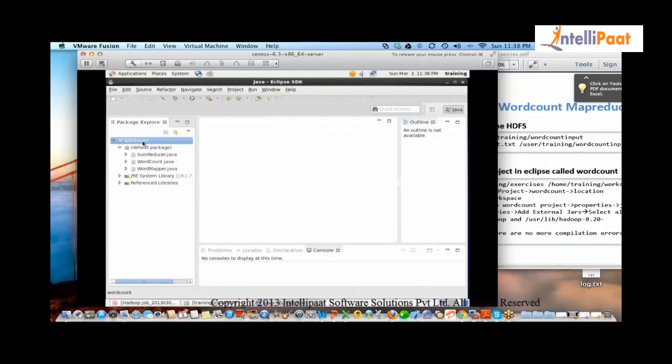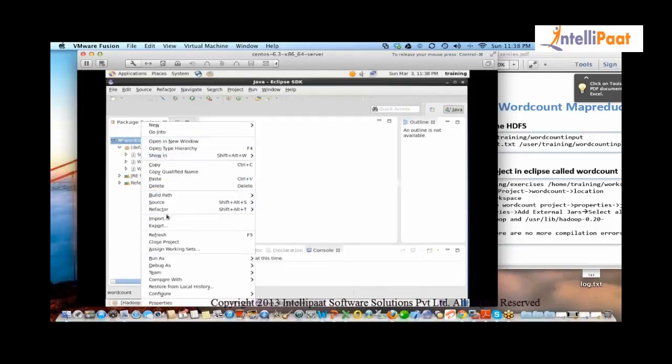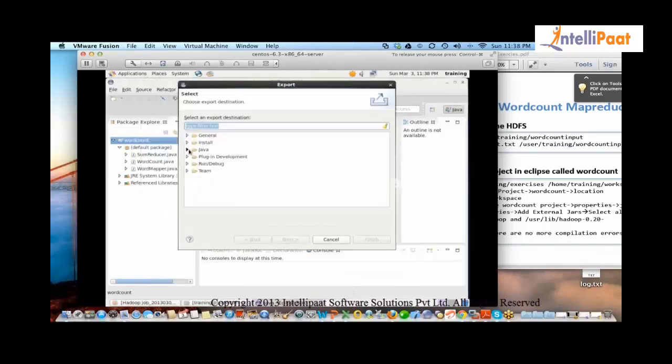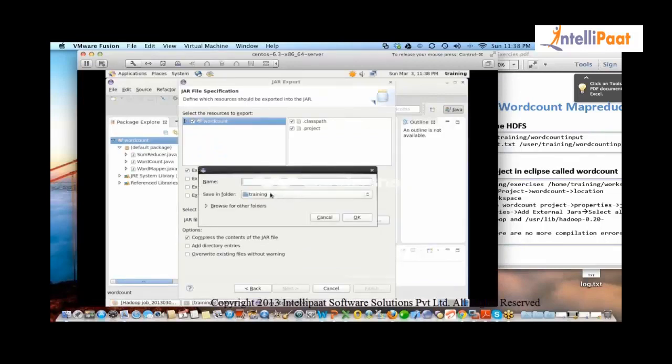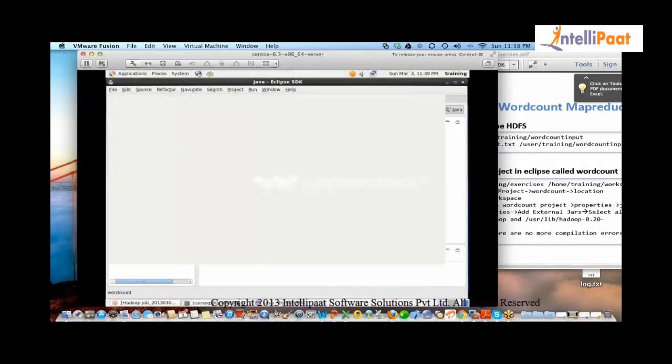So you don't need to really worry about. As a programmer, I wrote the code, I put some libraries. Now I am packaging the code. So I say, I want to package the code as a jar file. I want this to be there and I want this directory. It should be stored in the training folder. Got it? Now if you go and see,